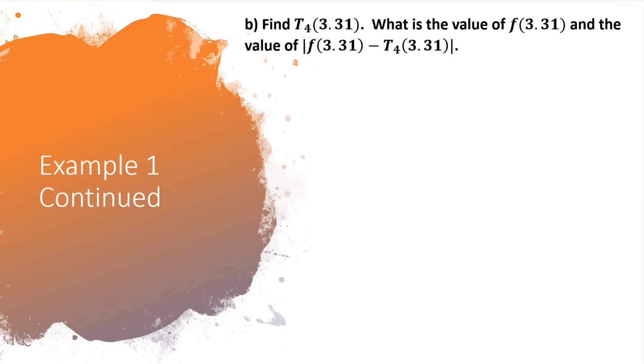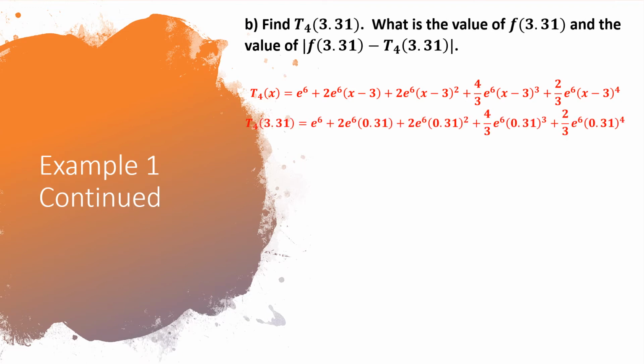Alright, so part B says, use what we just found, use that polynomial T sub 4 to approximate 3.31. Then we're going to find the actual value of 3.31 to determine the error. Remember, error is just the absolute value of the true function minus the approximation. So the first thing I'm going to do is find T sub 4 of 3.31. Remember, our T sub 4 from the previous part A is given. So T sub 4 of 3.31 is going to be e to the 6 plus 2 times e to the 6 times 0.31 when I subtract, and so on. So basically, again, I'm putting in 3.31 for all of my x's. And then when I evaluate that using a calculator, I get